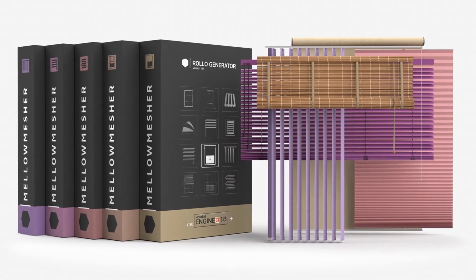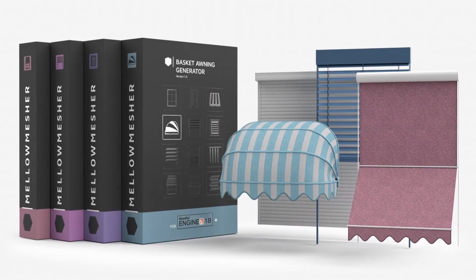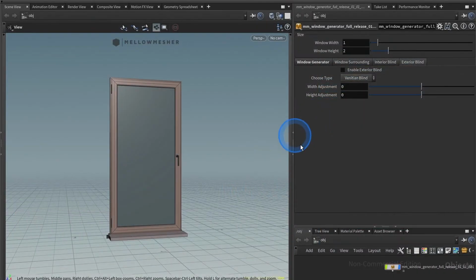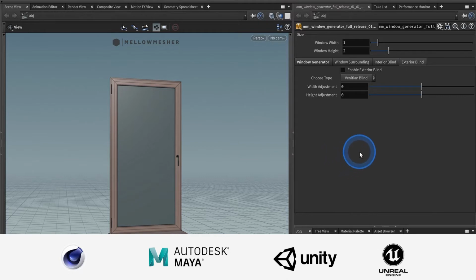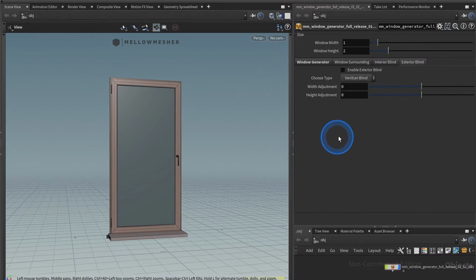Hey folks, this is a brief overview of the Window Generator HDA. I'm running here the full version in Houdini, but the settings should be the same everywhere, depending on your host application, which would be Maxon Cinema 4D, Maya, Unity and Unreal. Settings are pretty straightforward, so this is a brief overview, and afterwards we go into the details for every single